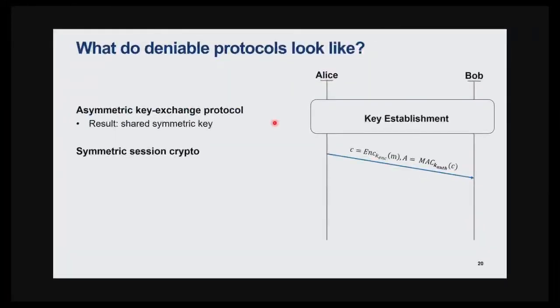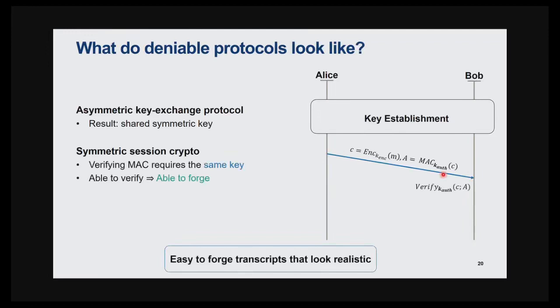One of the features of this kind of symmetric authentication is that you use a shared symmetric key, in this case, k_auth. Now, whoever is able to verify those tags is also able to generate them. So if you can verify the authenticity of a message,